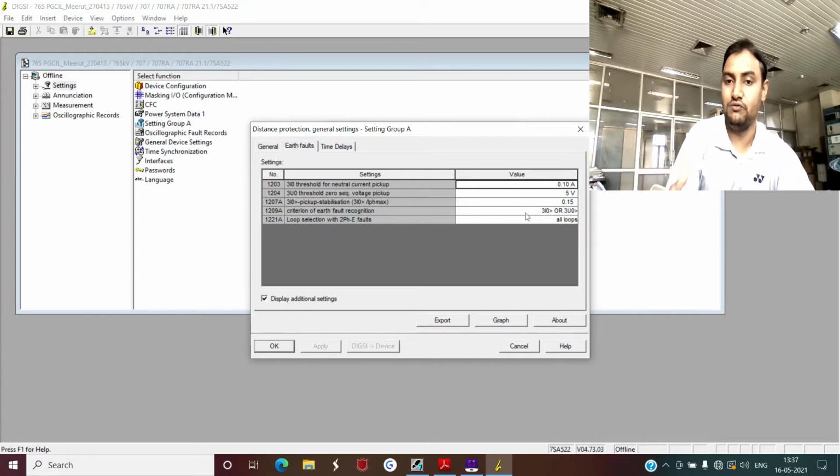That is, only when your neutral current is more than this, your zero sequence voltage is more than this, and your pickup stabilization is in this area. Or you want that only one of these conditions is met and you want your earth fault to be recognized.